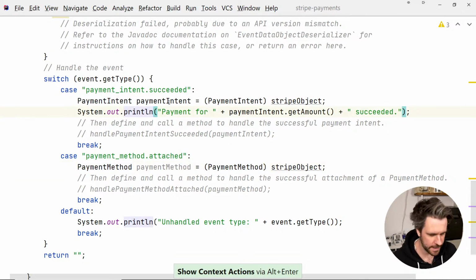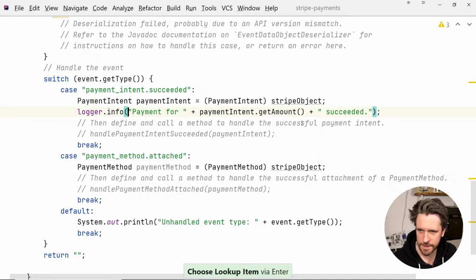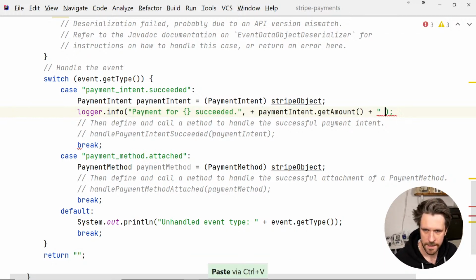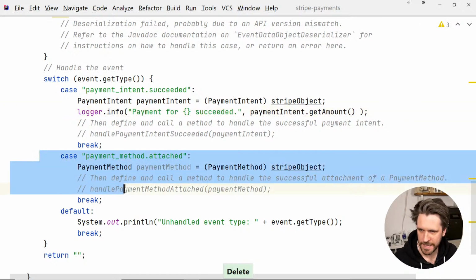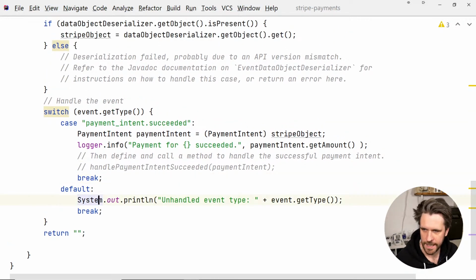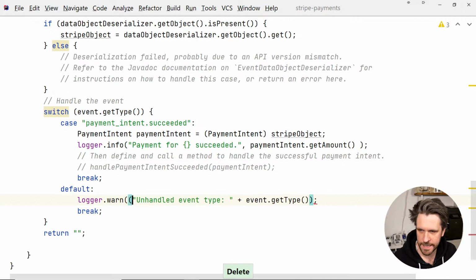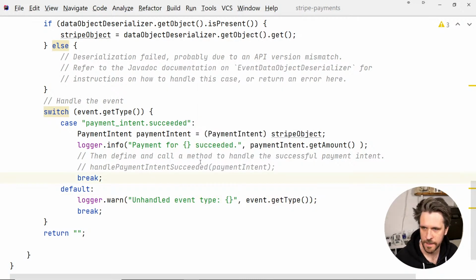And I'm just going to go quickly. I'm just going to go payment succeeded, paste that in here instead of the string concatenation. And payment method attached, we don't need. And here we're just going to go logger, for example, there's an unhandled event type. Something happened, like so. And in real life, in the next episodes or so, we would have